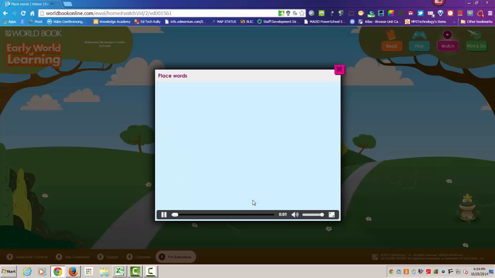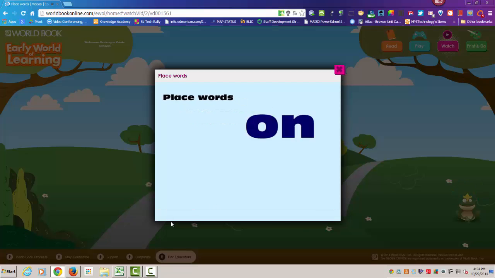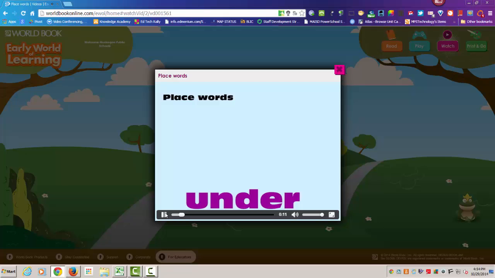When we need to explain where something is, we use place words. Place words talk about where things are. On, in, under. All right, those are great vocabulary terms, as you know, for developing that spatial sense of space